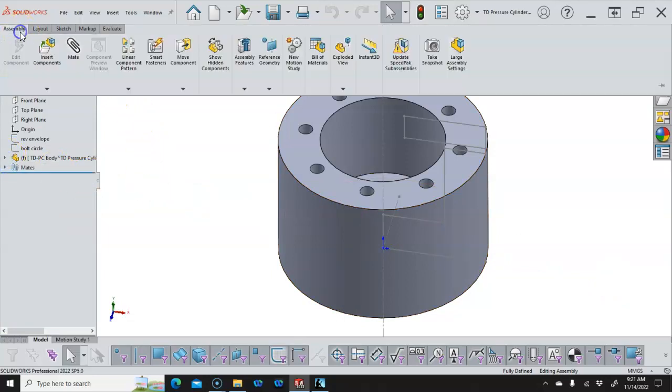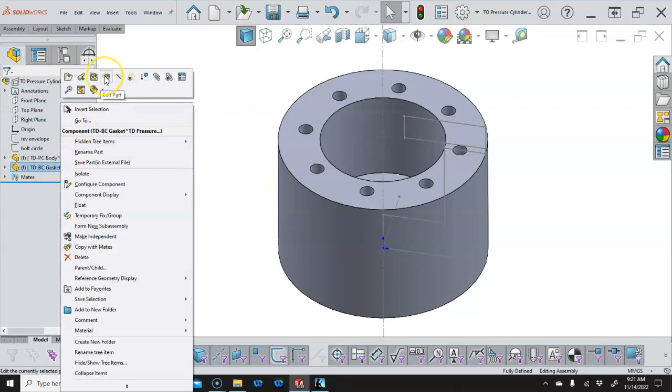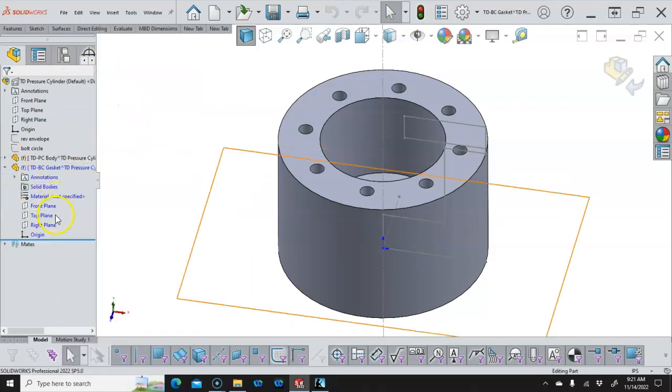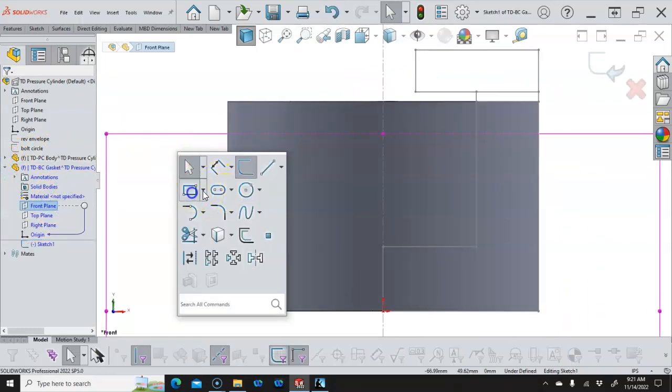All right, so back to the assembly, insert component, new part. We don't want to have it pick the front plane for us, so just click. And this is going to be the gasket. And then when I right click, edit the part, that will put me to where I can select the front plane. We go into the rectangle,